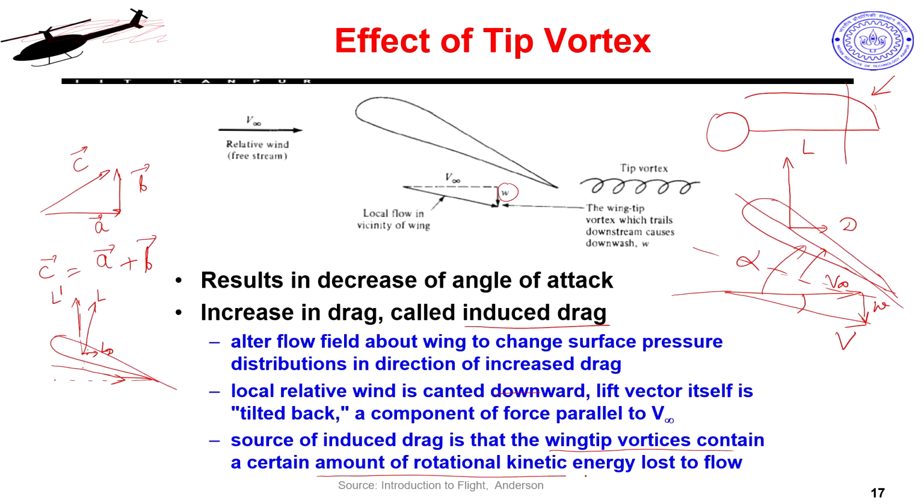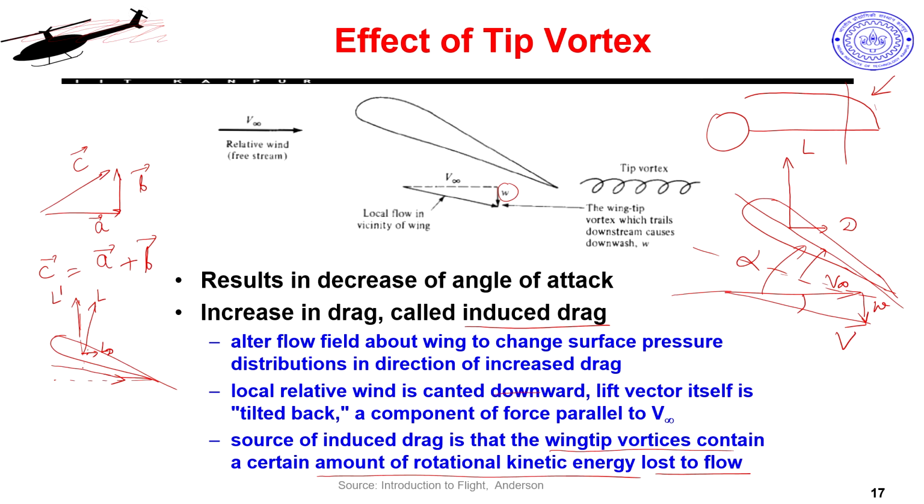So, finally, if you think of friction, friction creates a similar kind of loss. Energy is lost there. Same way, the tip vortex is also creating some kind of loss, which can be thought of as a certain amount of rotational kinetic energy getting lost to the flow. So, some energy is lost. This is the same thing we are trying to understand or reason from different angles. This actually is an important component of your drag, and that is what one tries to cater to.